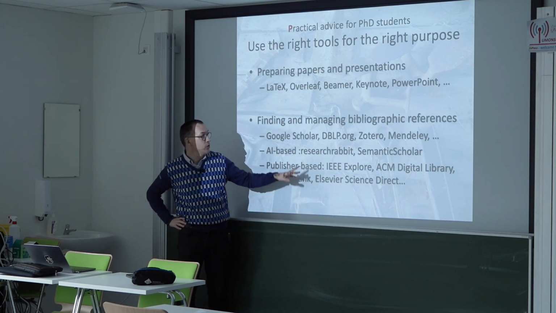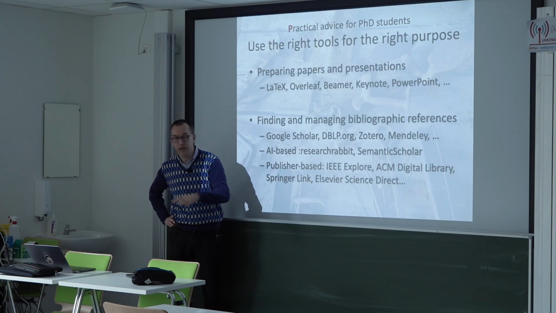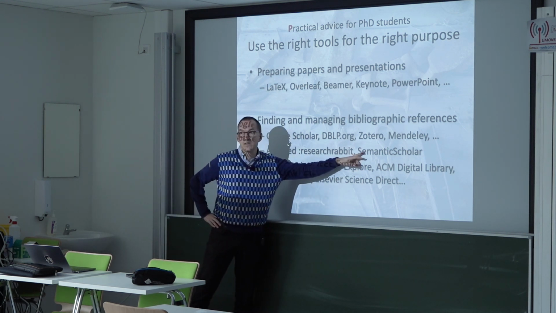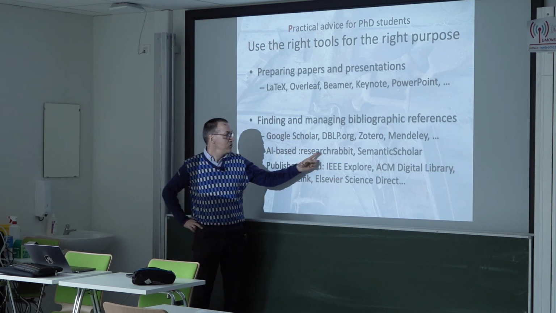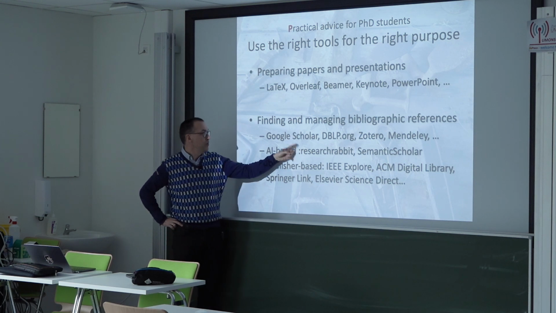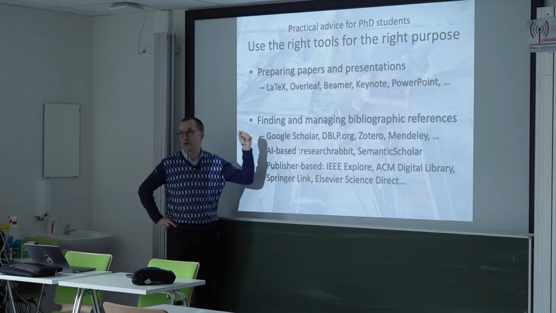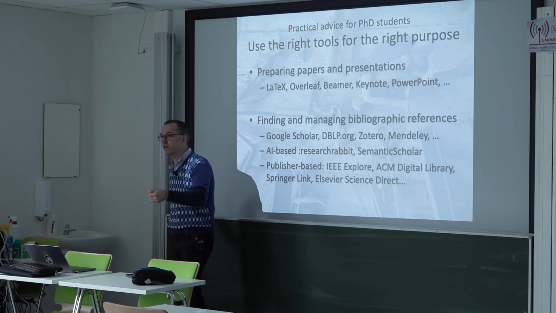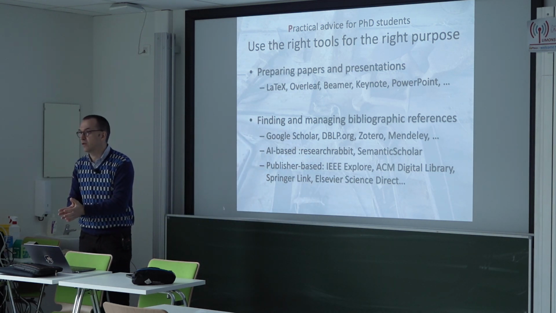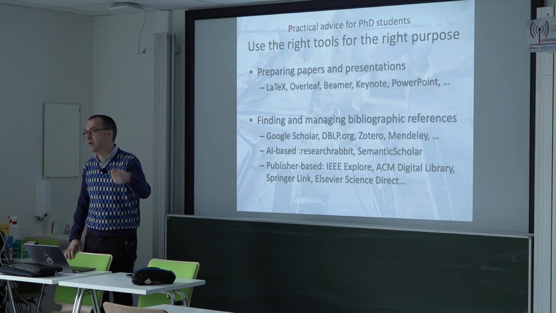I don't know if you are aware of this. I can show you, I have some slides about this. Research Rabbit and Semantic Scholar are things that I've started to use since 2-3 years, which are extremely useful for me. With this, I can find papers. With this, I store the papers, and with Semantic Scholar, I have a weekly update of everything that is within my domain of research, and I can simply say, okay, please add this to my lists